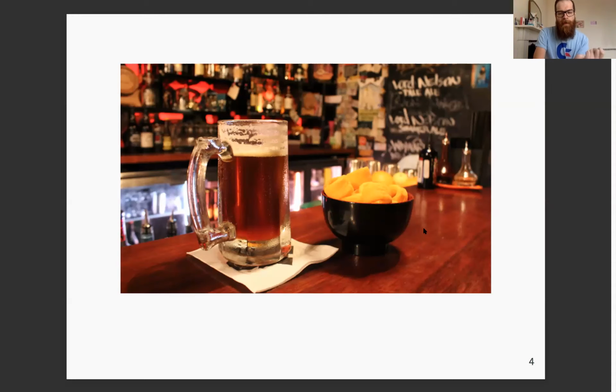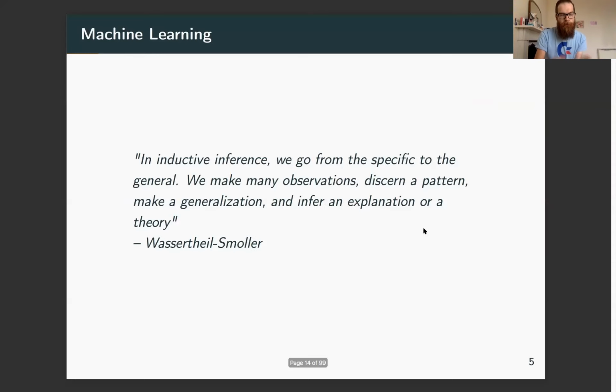Okay, so what does this mean for machine learning? Well, what is machine learning? Machine learning is what we can think of as inductive inference. This is different from deductive, meaning that we go from something specific to something general. We see observations, we see data, and we try from that data to build some form of generalization or some form of theory that makes us able to reason about the world, right?